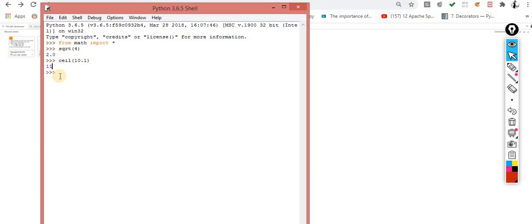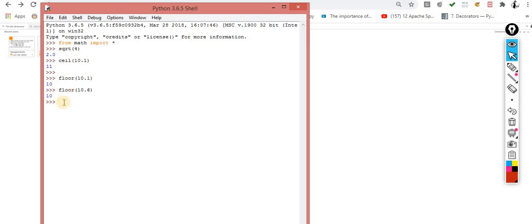One more is there, the floor. Very simple, a very small function, floor. This time I am entering 10.1, and when I do the floor, I am getting 10. What is the meaning of ceil and floor? Ceil will give you the next value, the floor will give you the exact value and remove all these point values. Sometimes the requirement is this one and sometimes the requirement is that one. Let's suppose 10.6, now it is again giving me 10. So floor and ceil.